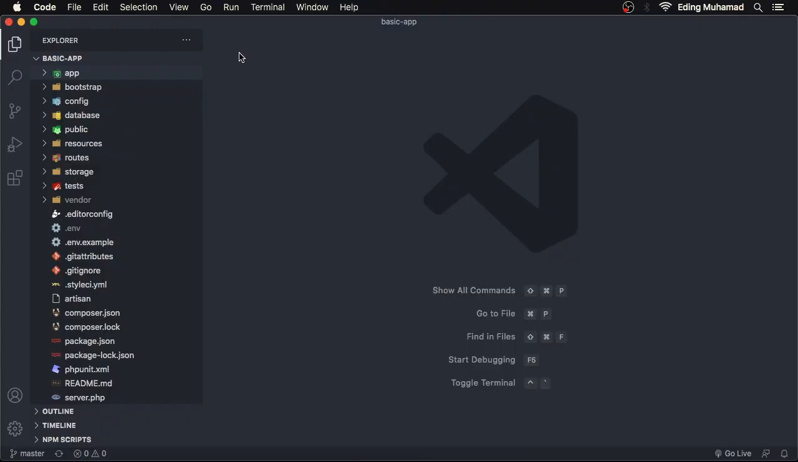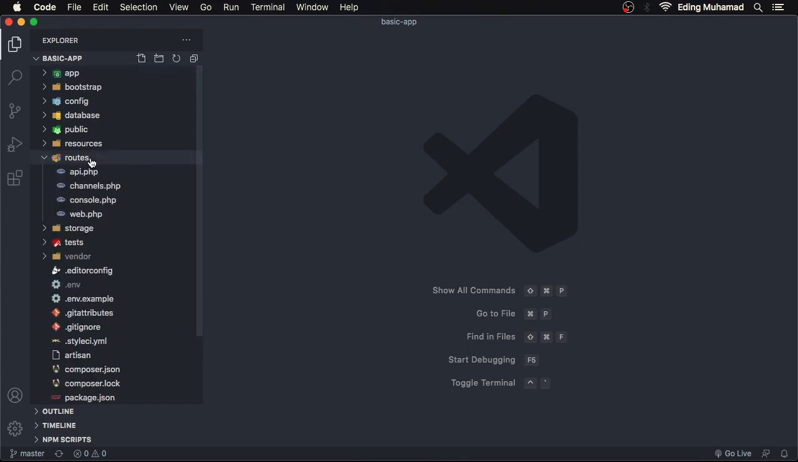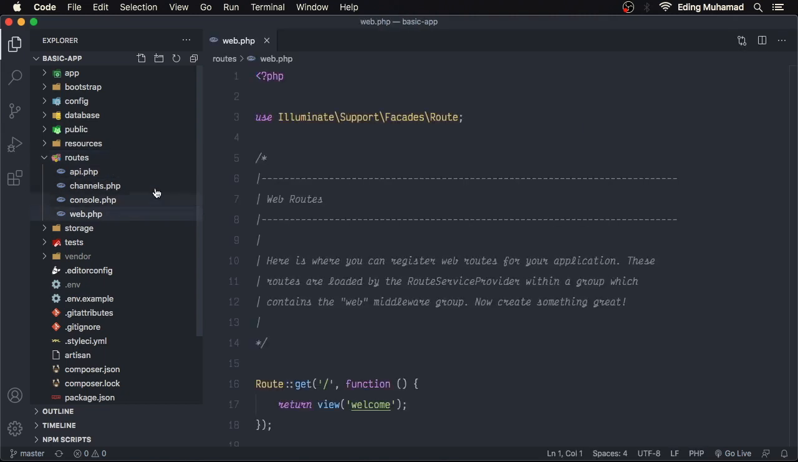So if we open a fresh Laravel app, we'll find a routes folder. In there, there's a couple of files, but mostly we'll use web.php for defining routes of our website and api.php where we define our API routes. For now, let's focus on the web.php file. If we open it, here we'll have